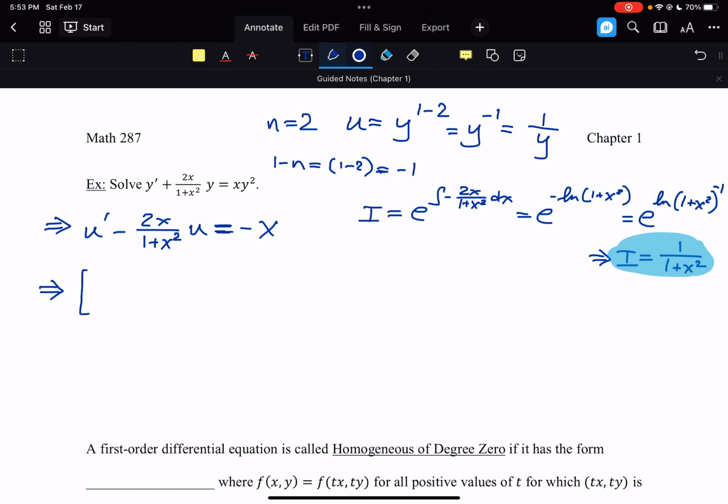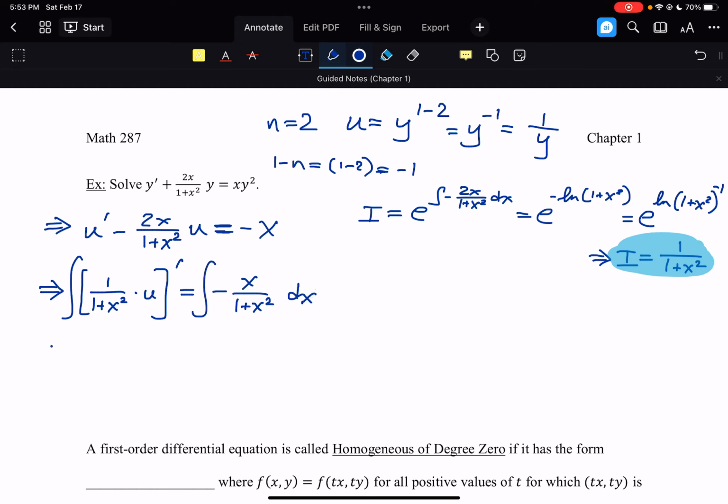So we get I times u quantity prime. So that's going to be 1 over 1 plus x squared times u prime equals I times q. So just negative x over 1 plus x squared. So then when we integrate these